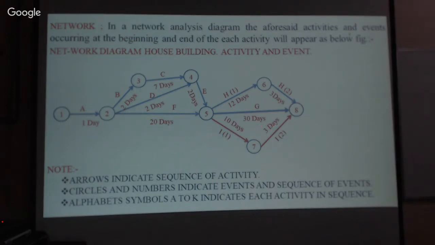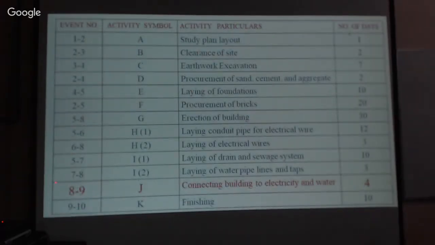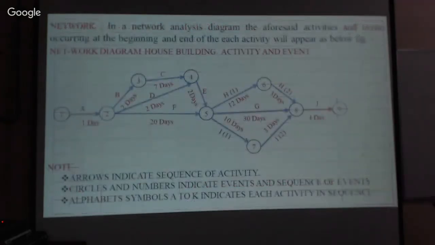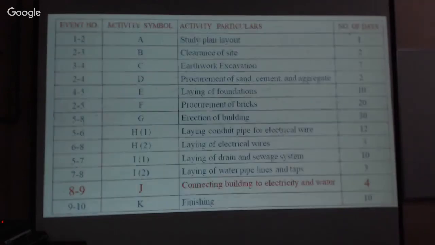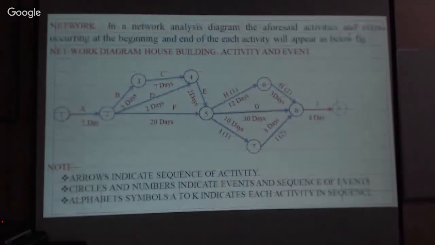Isn't that so? And similarly, you further proceed, that is 8 to 9, that is J activity, and the time required is 4 days. Now after doing this, from 8 to 9, please note from which event it starts and at which event it closes. Therefore, from 8 to 9, the activity is J. Therefore, you have 4 days. Now draw this